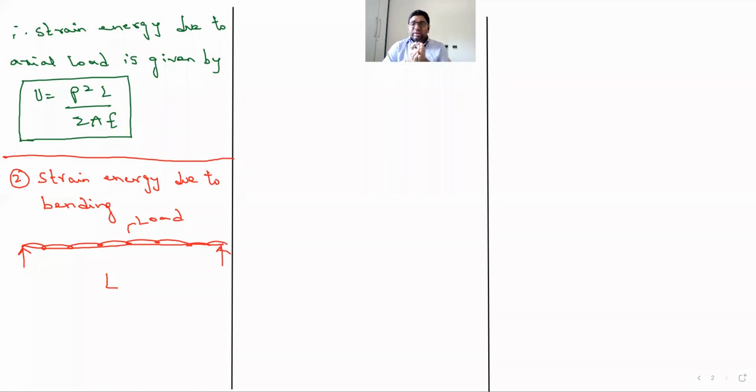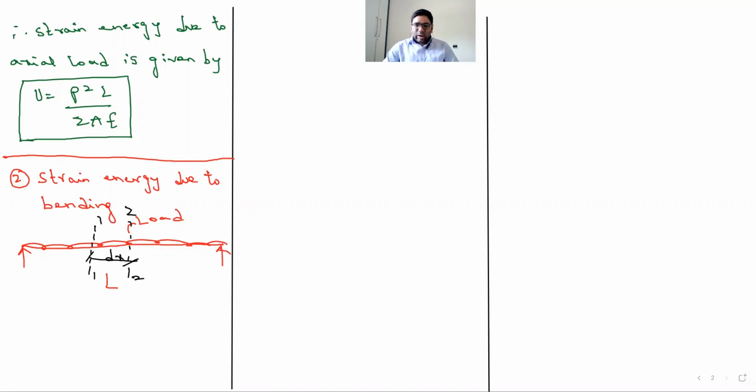In order to calculate strain energy, first we need to do it for a small part and then extend it to the whole portion of a beam. Which means we will take a small strip with a suitable section. So let me show that. Let us cut a section. So this is 1-1, and this is 2-2, and this distance is dx. So this is a small portion, a section dx.